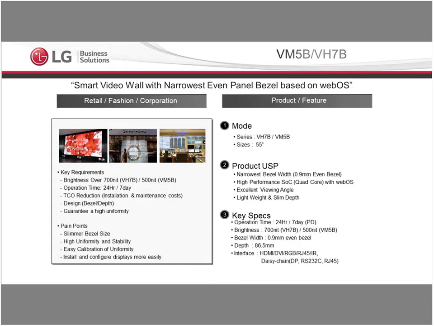So if we talk about the product category, the VM5B and the VH7B, we see that these products, once again, are smart video wall at the narrowest even bezel based on webOS. So we brought in another variable here. We brought in the webOS variable. But with this product, what we have is 9 millimeters per bezel on each monitor, 1.8 millimeters when you combine the bezel, you still have the thinnest bezel possible with a 700 nit product for an area that would be the atrium that we showed earlier, or a 500 nit area in a place that does not require that